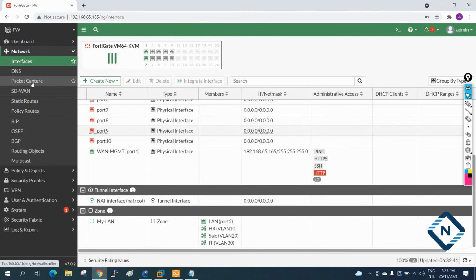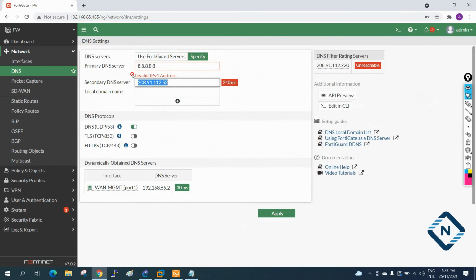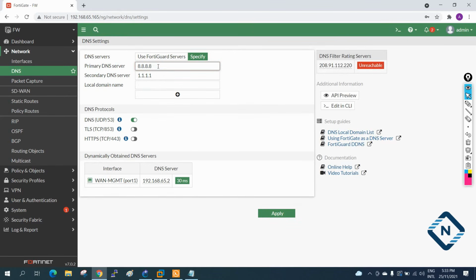And we can do DNS also. If you click, this is the DNS. By default they are using the FortiGate service. If you want to specify, you can specify. We can use Google DNS 8.8.8.8, and if you want another DNS, for example 1.1.1.1, we can use that. Our wish. If you want to keep the same, keep the same. If you want to use this one, use that one. Okay, apply. And here it is giving invalid. Let me check. Now it is valid. I wrote one extra digit. So now I apply that one.